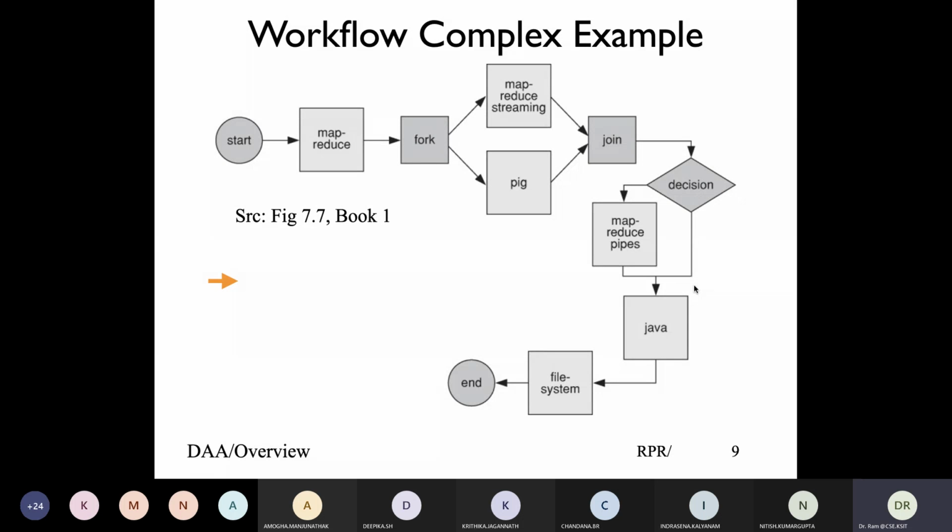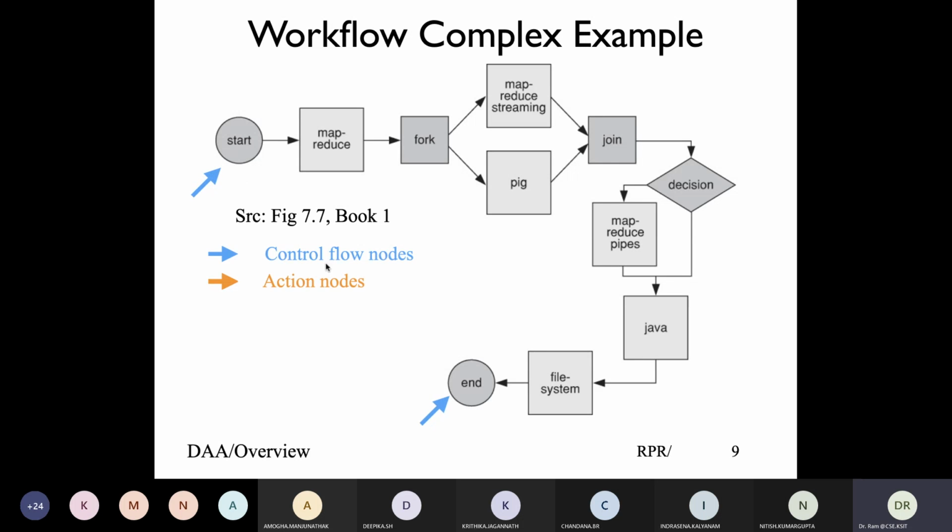So in this diagram, you can identify the 4 kinds of nodes. First are the control flow nodes, which basically correspond to start and end. The nodes which you see as start and end. Since there is no failure case, only these two nodes, start and end, are the control flow nodes.